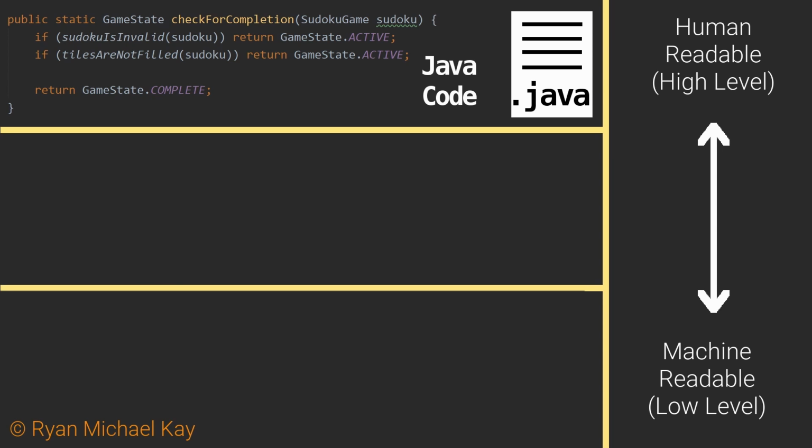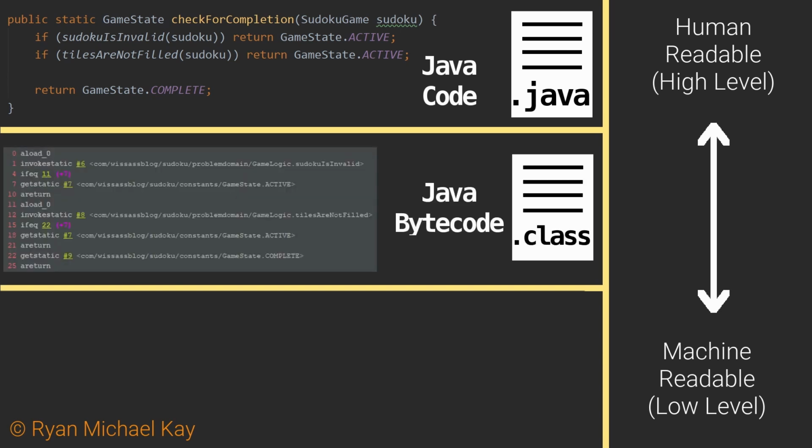First, the Java code, which is written in files that have the .java file extension, are given to a program called javac, which is a shorthand name for the Java compiler. javac will take the code that we have written and reproduce it in Java bytecode files, which have the .class file extension. Once the Java bytecode is created, the next step is that the bytecode will be given to a Java virtual machine, or JVM for short. There are many different JVMs which are written for different operating systems, such as Windows, Mac, or Linux, and I will discuss them further in the next lesson.